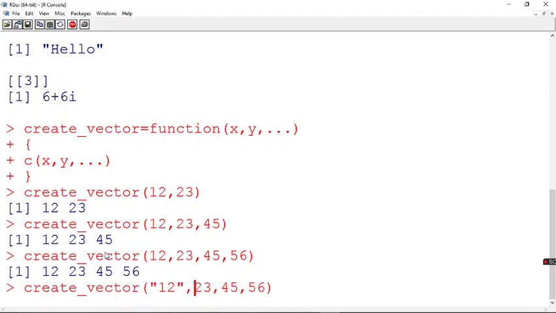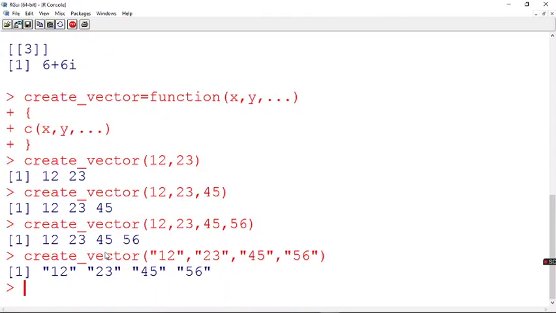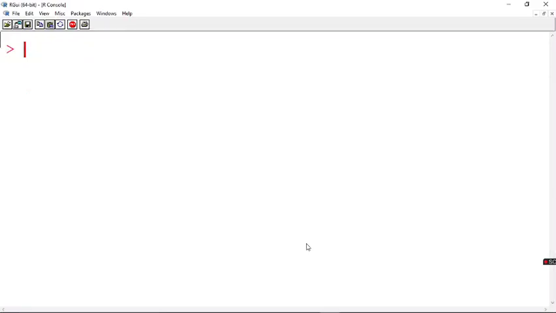Now suppose I want to create a character vector, and I go with this. Yes, very well, it will accept. See, all these are characters because now I have gone with creating a character vector here. So this is allowed. Also, for a list, we had seen that in a list you can create a list within a list. Now let's see how to create this combination of variable arguments plus the already available arguments.